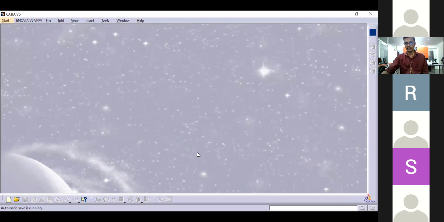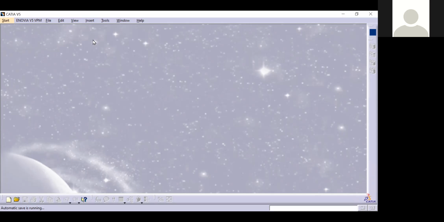Just follow my cursor. Can you see the CATIA symbol now? Yes, sir. That is the symbol of Dassault Systemes, okay? You'll get the same symbol in SolidWorks also, because SolidWorks was also invented by Dassault. No doubt in this, right? No doubt.